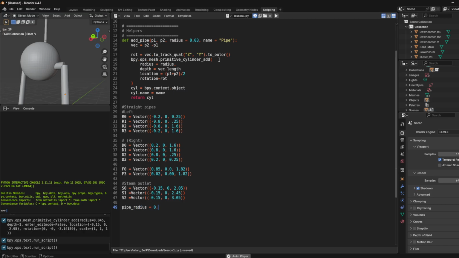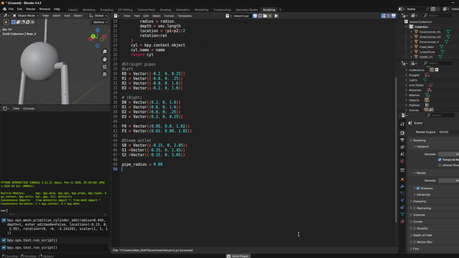Pipe radius is 0.09, okay. Build pipes. Riser H1 is equal to add